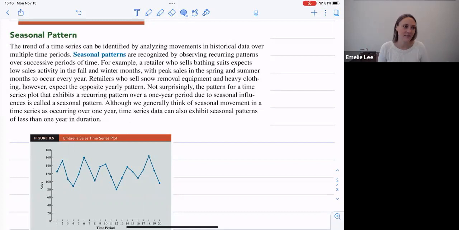So these seasonal patterns, what would they look like? Well, we would see something that goes up and down like this. Notice that there are similarities to just the horizontal pattern, right? The difference between a seasonal pattern and a horizontal pattern depends on knowledge about the data, how you acquired it and what it's about. That will help you determine whether it's a horizontal pattern or a seasonal pattern.